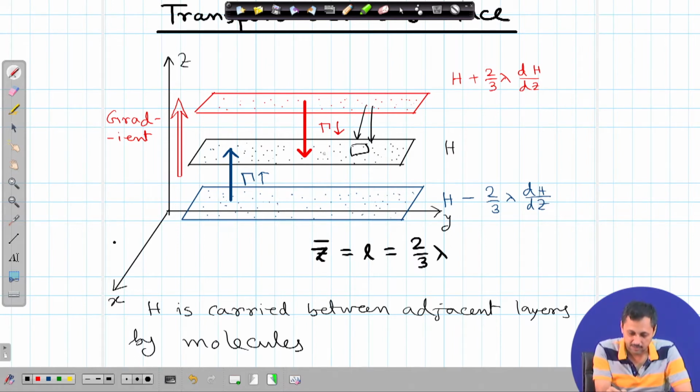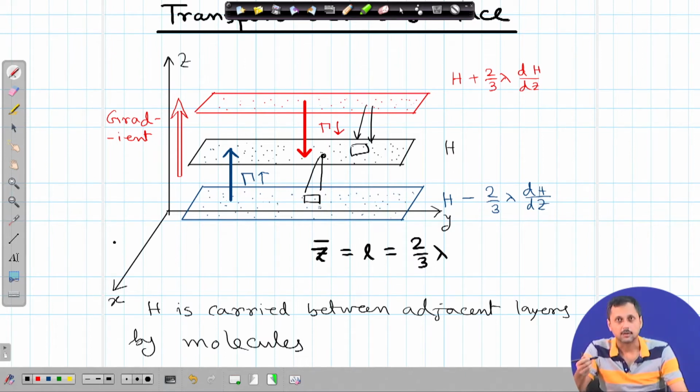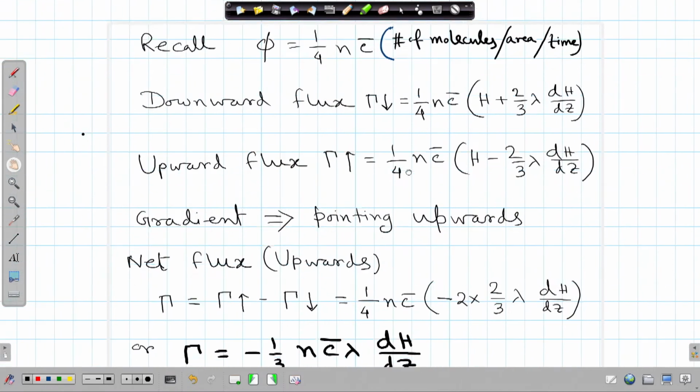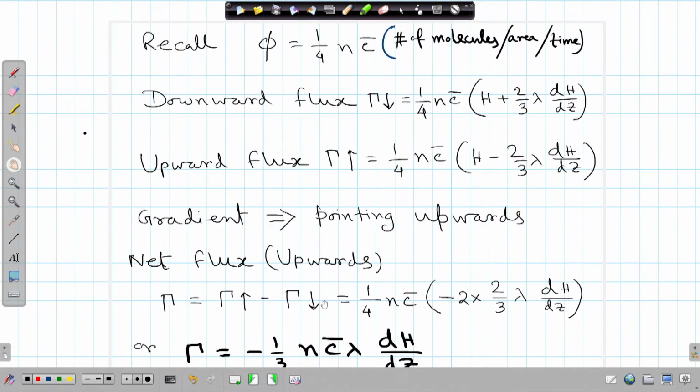Similarly, I can take a volume element on this one and the surface reference area on this cold layer, and the number of molecules going from here to here, the flux, will once again be given by 1/4 n c bar, right. So, keeping that in mind, we can compute the net downward flux and net upward flux of this system, right. So, what is given by the downward flux and what is called the upward flux.